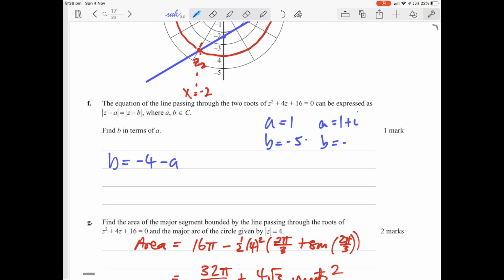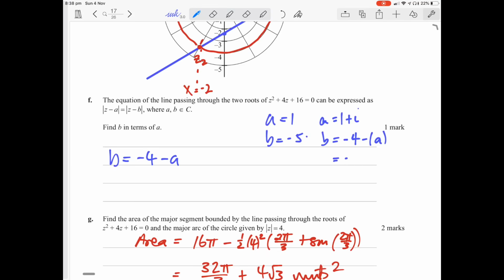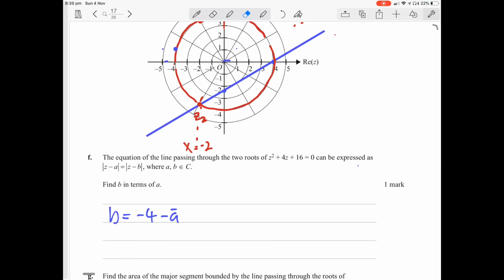So if we said the same thing, B would equal negative 4 minus A, that would be negative 4 minus 1 plus i, which would give me negative 5, which is what we want, but we've got minus i, and I want it to be plus i. So that's going to be A bar, I think, because that won't make any difference with a 0. Okay, so